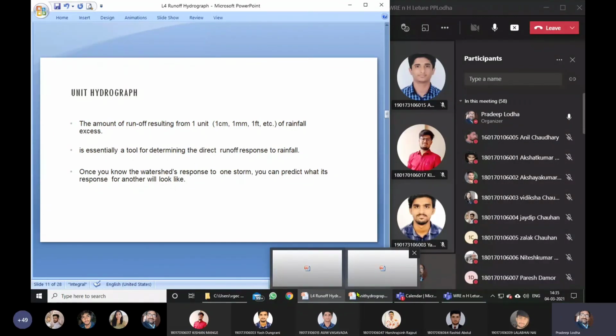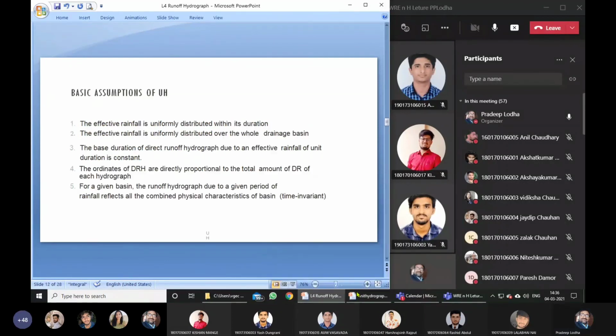Once you know the watershed response to one storm, you can predict what the response for another will look like. मतलब दूसरा rainfall होगा तो runoff कितना होगा, कितना पानी accumulate होगा, flood होगा या नहीं होगा। तो flooding के लिए यूनिट हाइड्रोग्राफ है वो बहुत ही एक अच्छा मॉडलिंग का मेथड है कि हम इसको यूज कर सकते हैं जानने के लिए कि कितना फ्लड आएगा, कितना वाटर एक्यूमुलेट होगा, कितनी जगह डूब जाएगी, कितना सबमर्जेंस हो जाएगा, कितना नुकसान हो जाएगा, ये सब हम जान सकते हैं इस थियरी से। और न्यूमेरिकल निकालेंगे तब न्यूमेरिकल से भी जानेंगे।